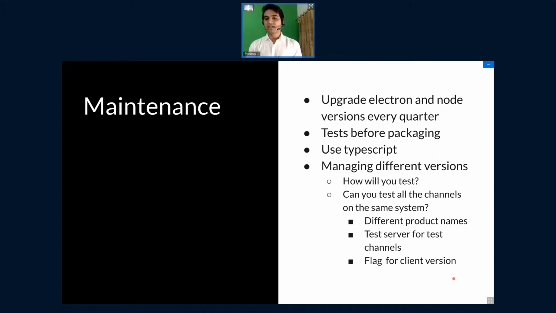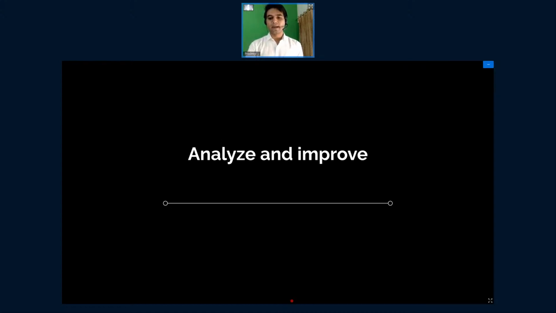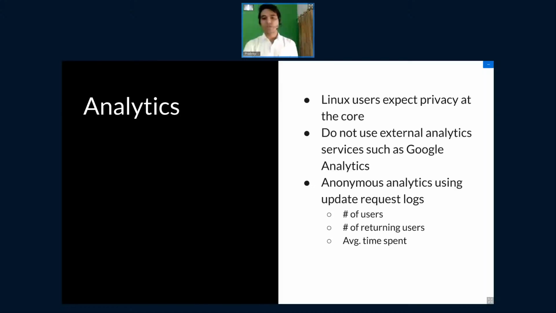Another is to manage different versions, if you want to manage different versions. Okay, so we will skip this part for now, and we will go to the last final thing, which is analyzing